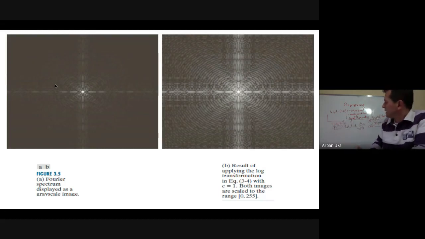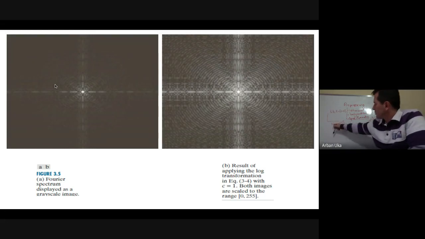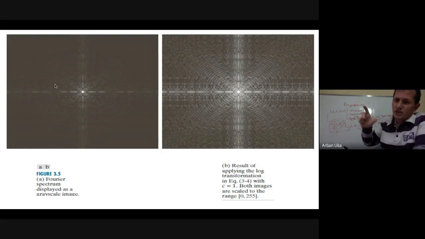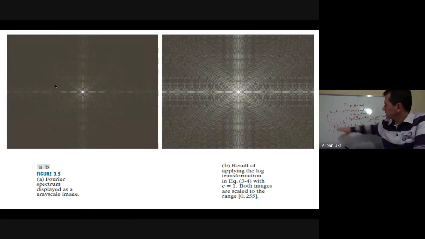Okay, but if we have a range from 10 to the power 1 to 10 to the power minus 15, what we can do is calculate the logarithm of this function. So the logarithm with base 10 of 10 to the power 1 is 1. Then the logarithm of 10 to the power minus 15 is minus 15. So now this huge range, which is equal to 16 orders of magnitude, from 10 to 10 to the power minus 15, what is the range? 10 to the power 16. It's a huge range. Human perception, we cannot really see it. We get saturation at a very high level, and that's it. The rest, we don't see it.